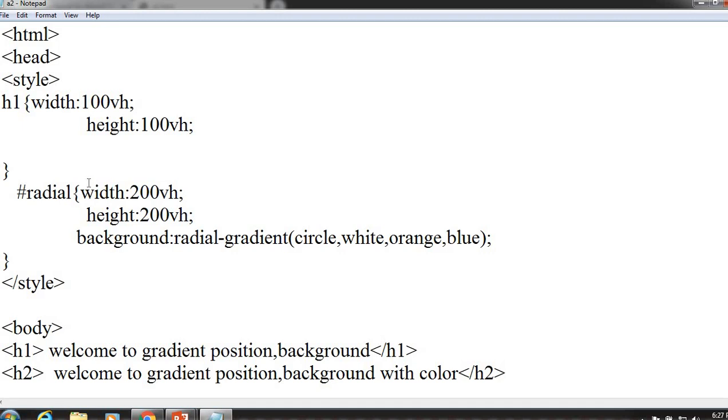Here there is no need to have the gradient position, so I will change this. Here I will add the position. This is relative.